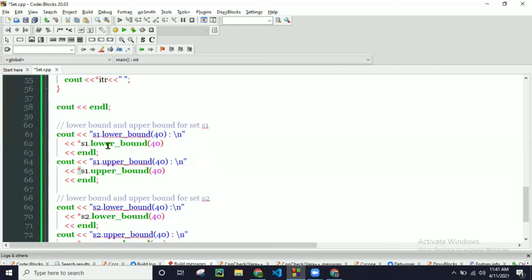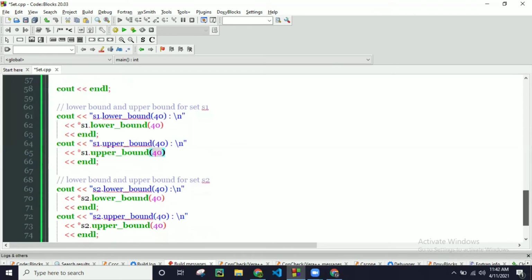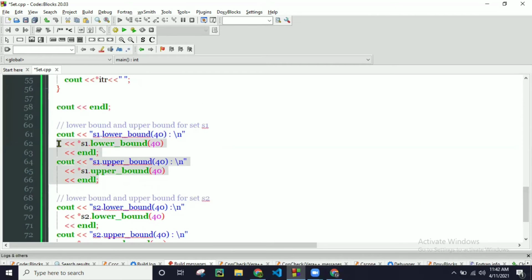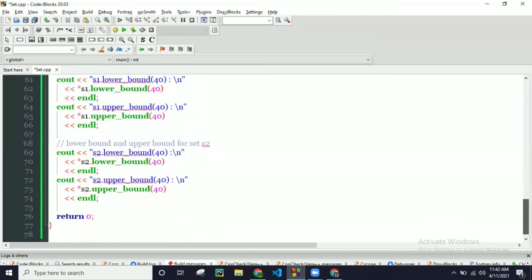And next, when we used lower bound 40, it means that if our container has a unique value of 40, then that value will be returned from our container. And upper bound means if our container has a value of n, or you can say 40 here, then the next value of the container will be printed here. Similarly, this one was our S1 set, and S2 is quite the same.